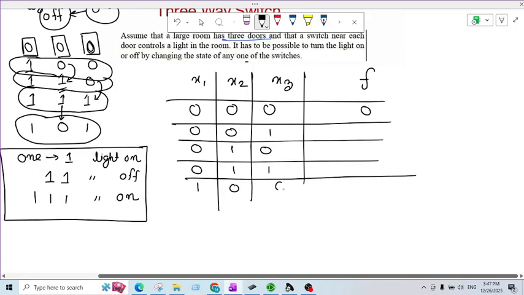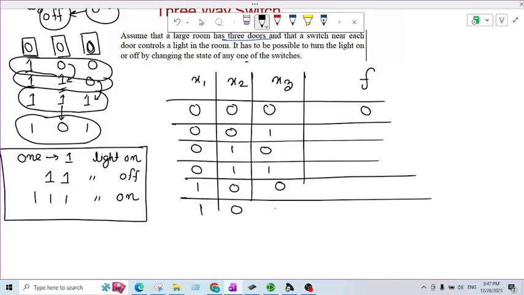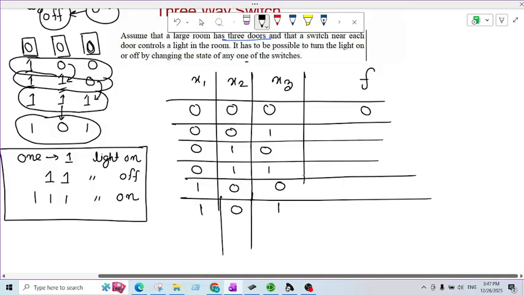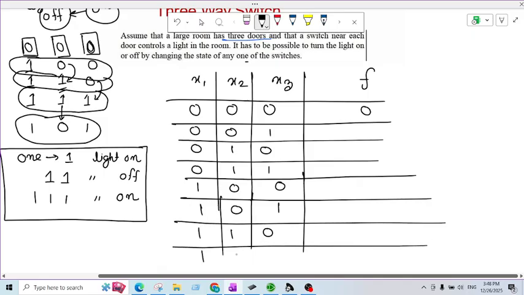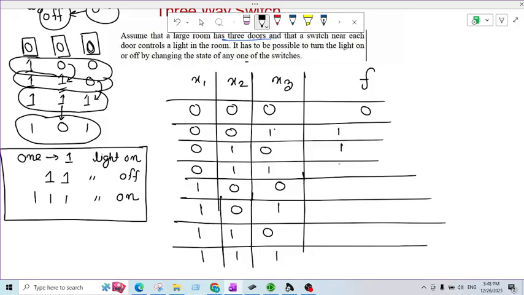Then 1 0 0, 1 0 1, 1 1 0, then 1 1 1. Okay, that means two 1s means 0, and three 1s means 1. Okay, so let me now make a